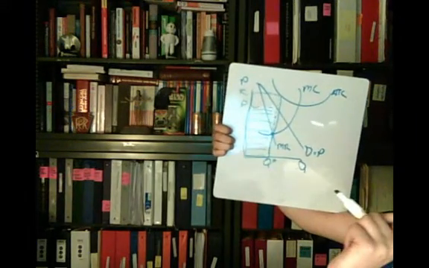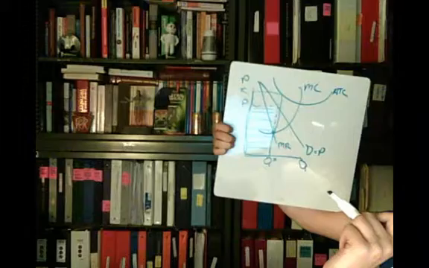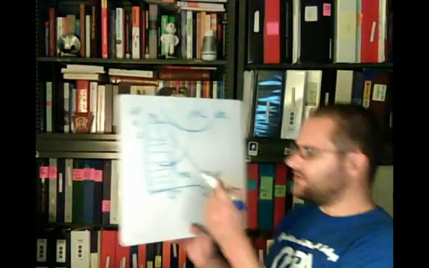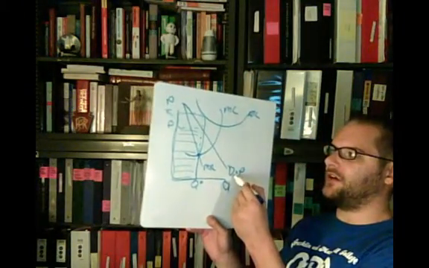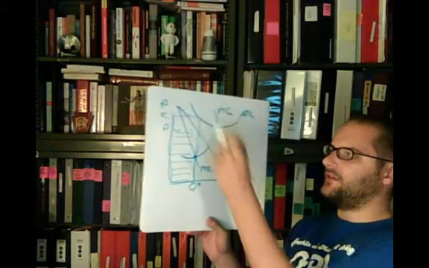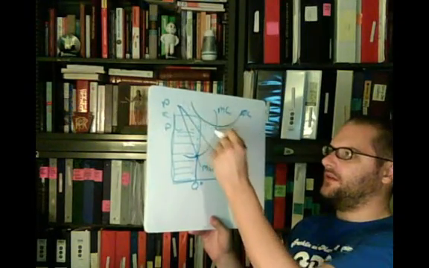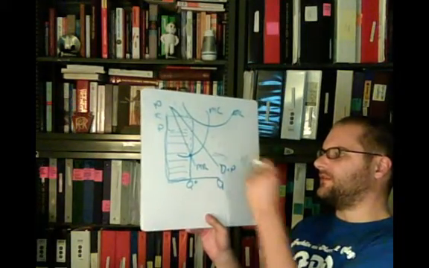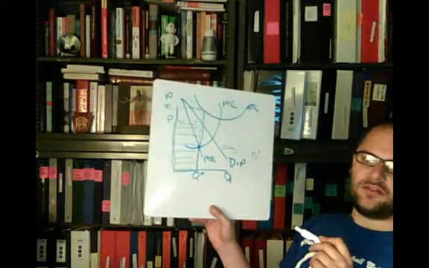And in the long run, what is that going to mean? It's going to mean that firms are going to have to exit the marketplace. Now, what would that mean if firms are then exiting the marketplace? That means that each surviving firm is now going to capture a larger share of the market. And when that happens, that's going to start shifting the demand curve out. And it's going to keep doing that until it just touches the ATC curve.